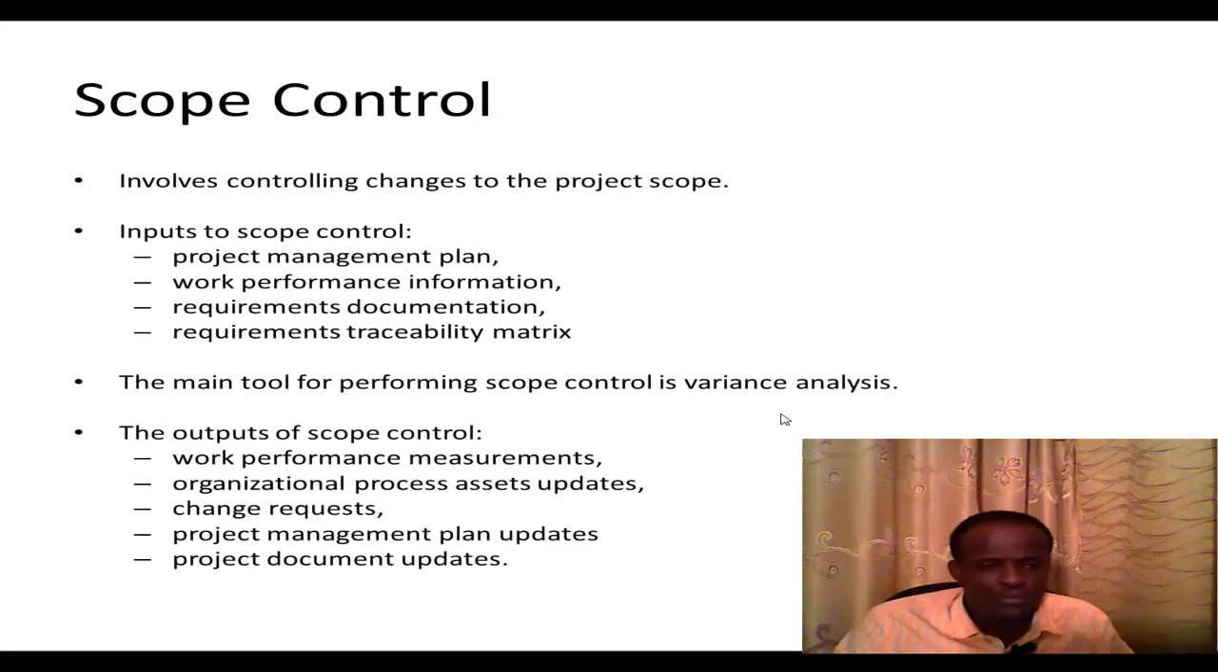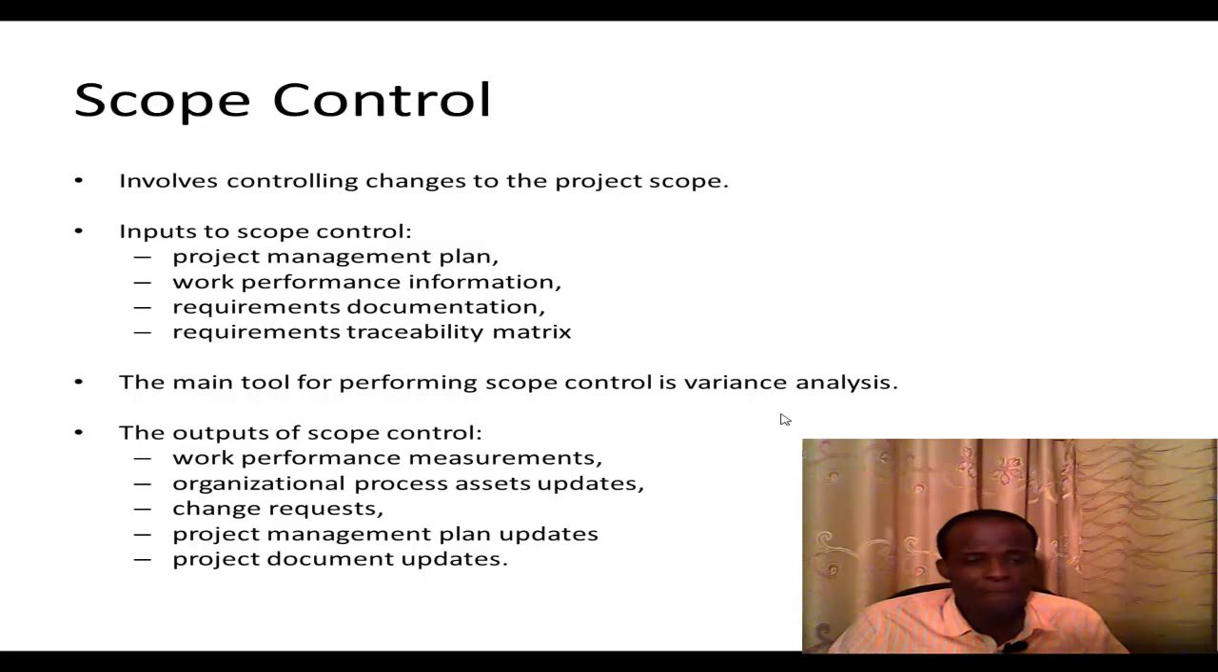Then we have scope control. Scope control involves controlling changes to the project scope. It's very, very important. You want the work on the project to be within the scope set for itself. So there should be a way of controlling the scope so that it doesn't get out of scope. The inputs to the scope control include project management plan, work performance information, requirements documentation, and the requirements traceability matrix. So these are very important inputs to the scope control